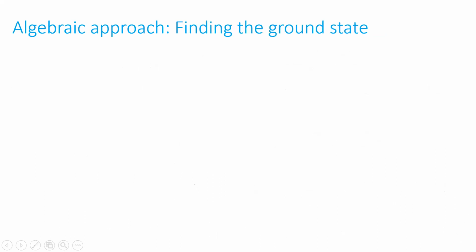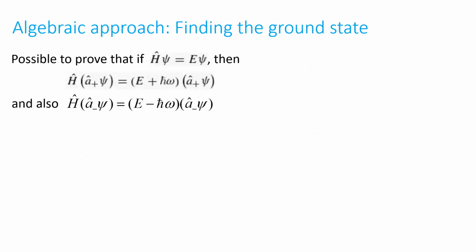Okay, so continuing with the algebraic approach. Now we're going to try to find the ground state, the lowest energy state of the harmonic oscillator in the quantum treatment. So it turns out it's possible to prove, and I'm not going to go through the full proof here, you can check the textbook if you want, that if H psi is equal to E psi, so if psi is a